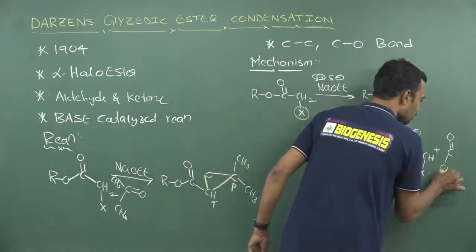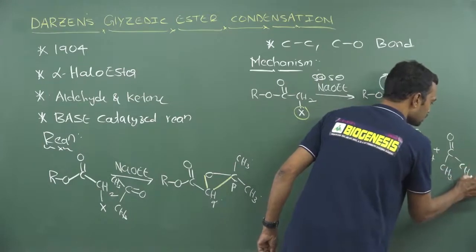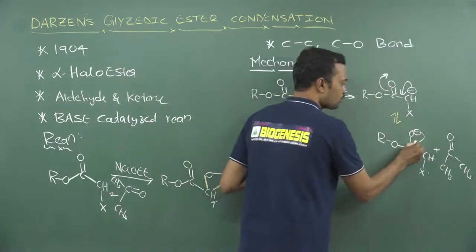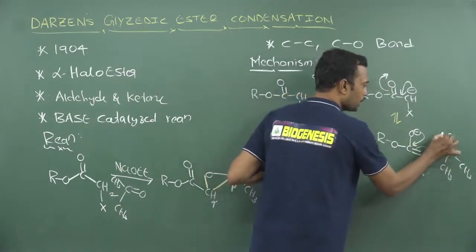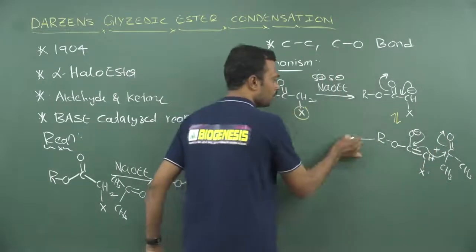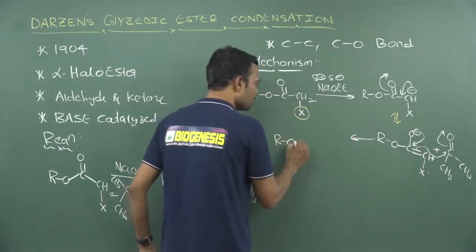So what is the carbonyl compound which is given? That is ketone is given in this one. So this negative charge will migrate, this will attack here, and this will transfer like this. Okay, so after this, what will be the attacking partner?